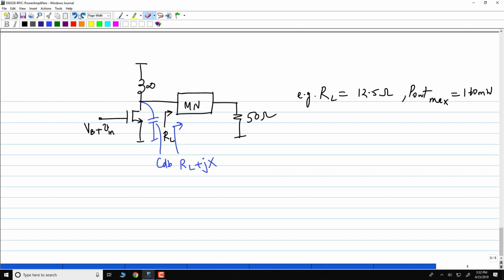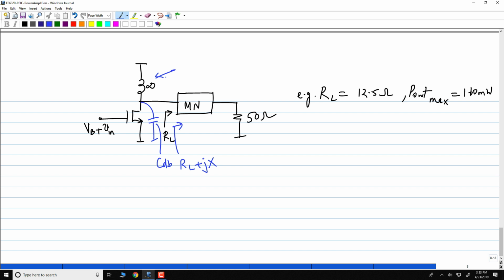It should be inductive in nature so that you absorb the capacitance. This will take care of the signal current. You will not be stealing signal current from the transistor into CDB. You could do this. As Lakshman pointed out, you can absorb this infinite inductance into the matching network in specific